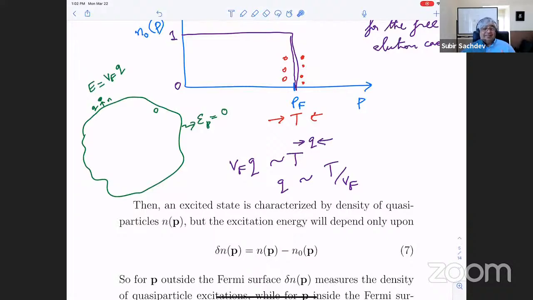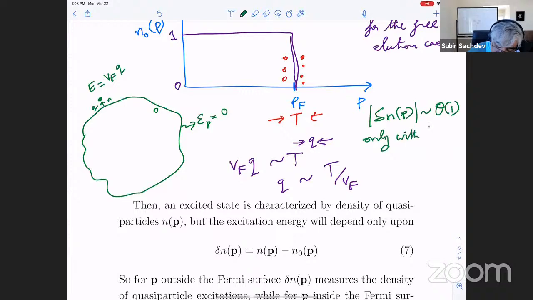And then when I raise the temperature, I'll get some gas of these quasi-particles and quasi-holes. So I'll assume the thermal state is just made up of a gas of these. So I have some function, delta N of P, which is basically of order 1 on this point and wherever the gas may be. The modulus of delta N of P is of order 1, otherwise it's 0,